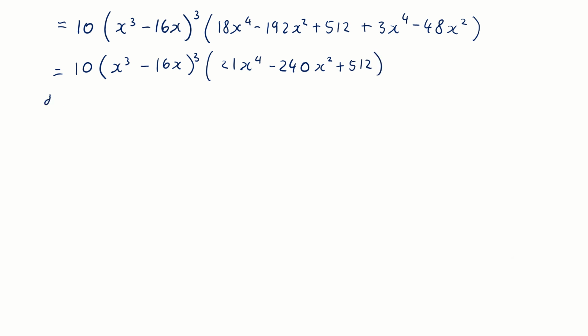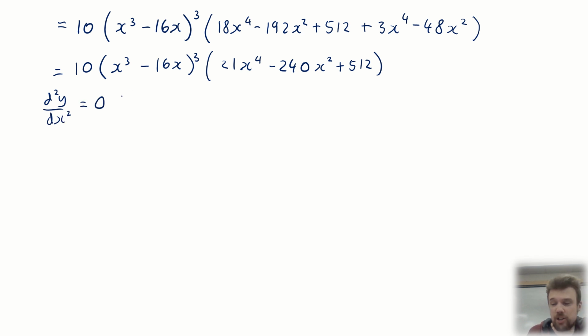Okay, if we're looking for points of inflection, if they are going to occur anywhere, they're going to occur when the second order derivative of y with respect to x is equal to 0. But worth reminding, that isn't enough to say it's a point of inflection. But it's a good starting point. A point of inflection won't happen anywhere else other than these points. So we're at least narrowing down what points we have to look for. So with that said, let us now